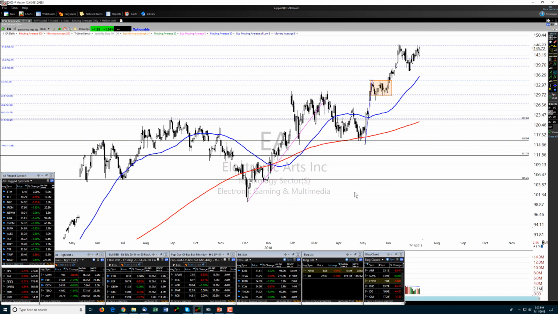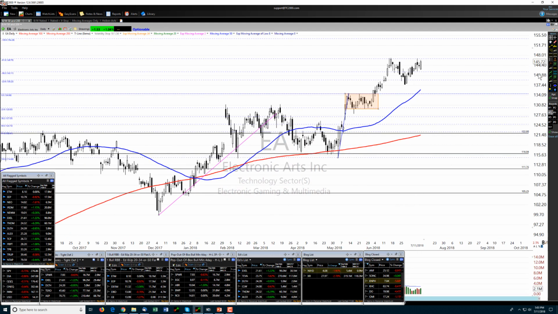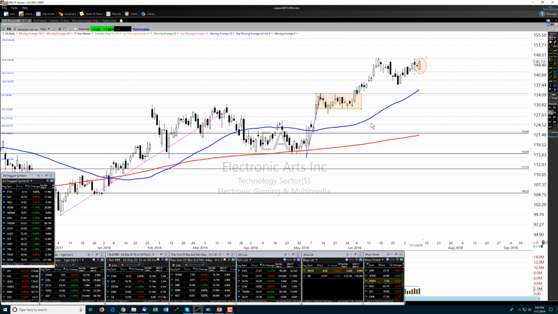Electronic Arts. Again, this is going to be an options trade. There's your bullish engulfing of a doji. We can see